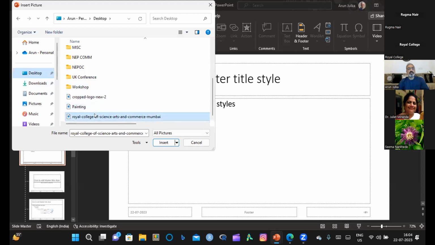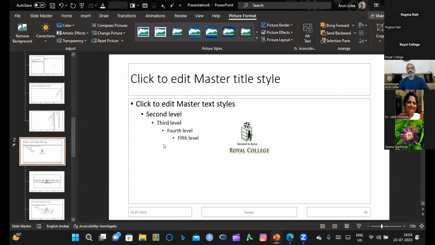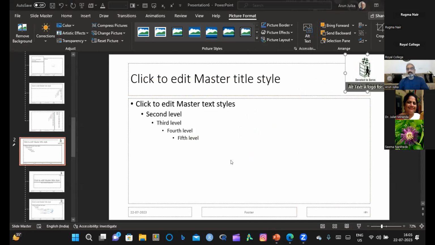Yes, we have a logo of your college. Insert. Okay, can you see this logo? Yes, sir. Okay, now I've inserted this logo here. Again, I want to insert the name and everything here. Right. So again, I'm going to insert